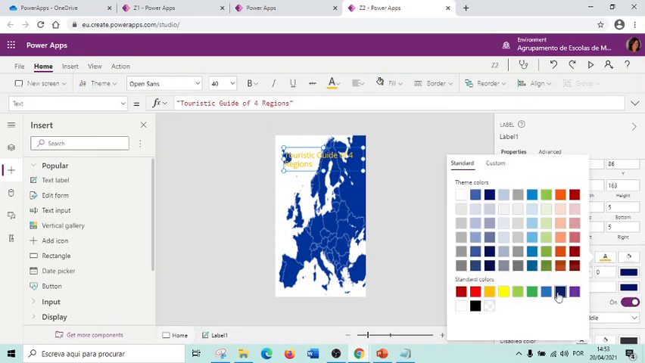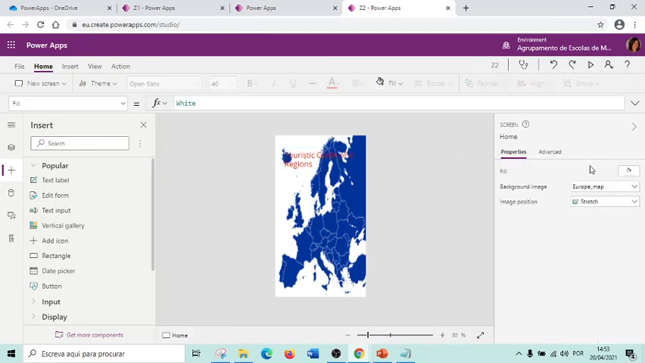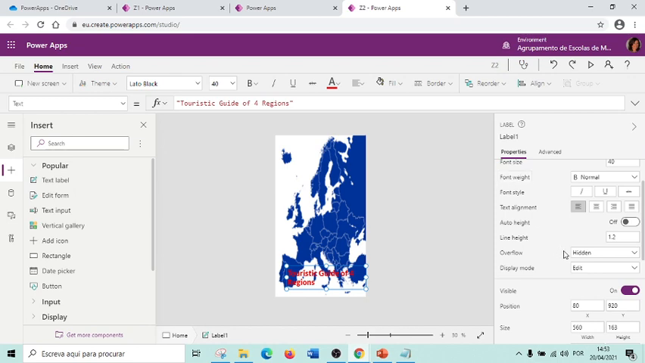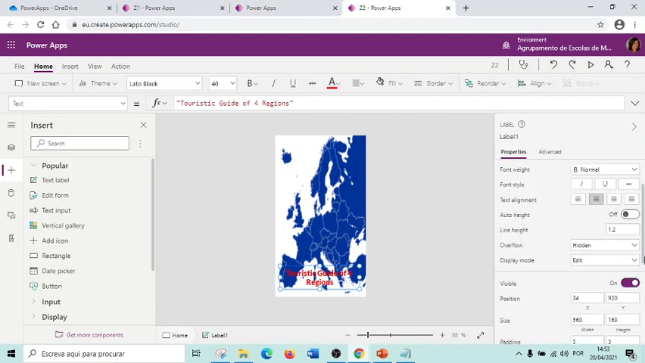So, let's see if it goes well. Maybe if we change the type of the font, then it goes a little bit better. Well, this is not the best background, but if I really want the title to be really visible, I can